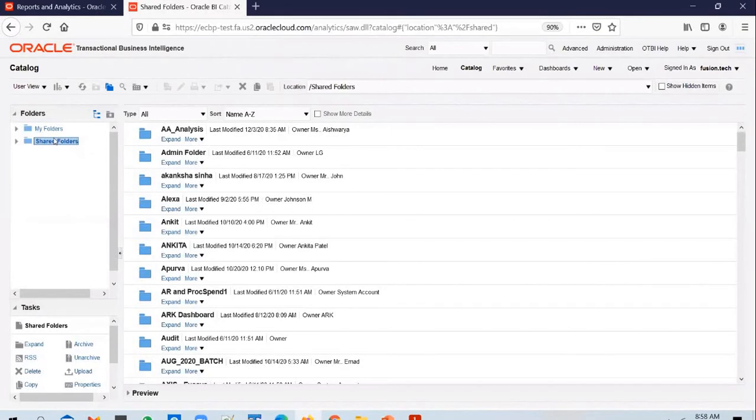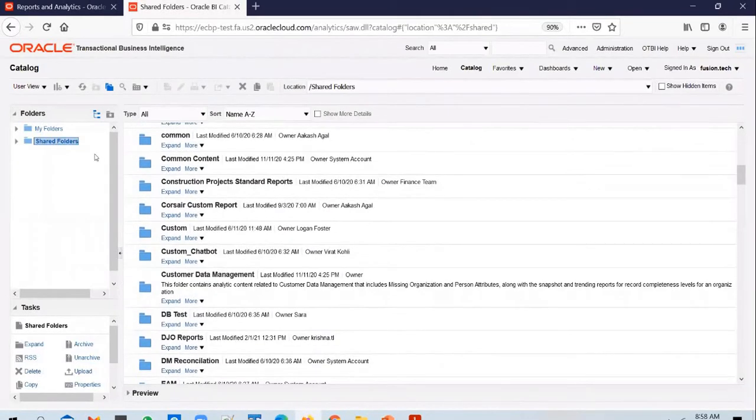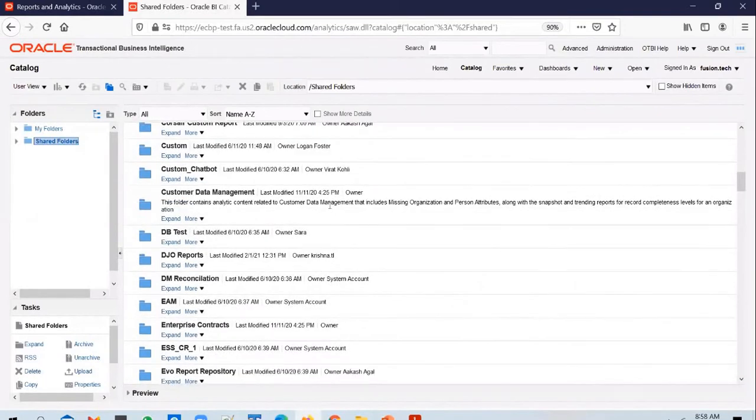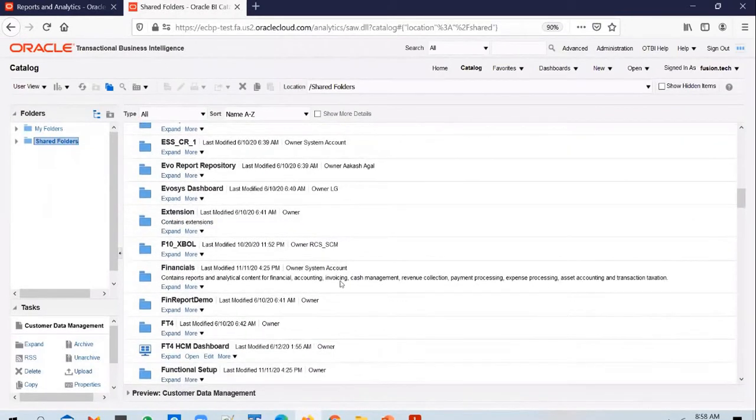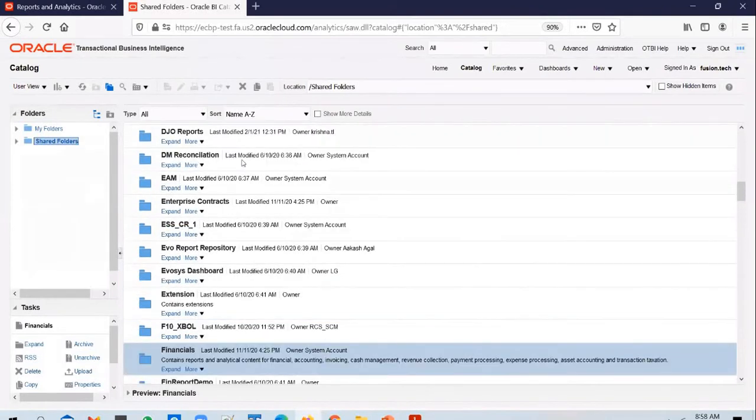And in the shared folders, there will be quite a few folders here because it's a Training Institute website. But if you scroll down, there are two folders that you need to pay attention to here. So in the shared folders, you will have folders given for applications. For each and every application, Oracle has given seeded folders. Because remember, the BIP and OTBI reports, Oracle would have given many out-of-the-box reports, right? Many reports out of the box. So those reports will be available in these seeded folders.